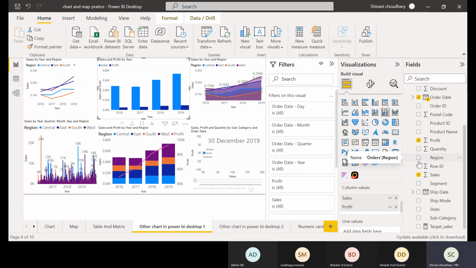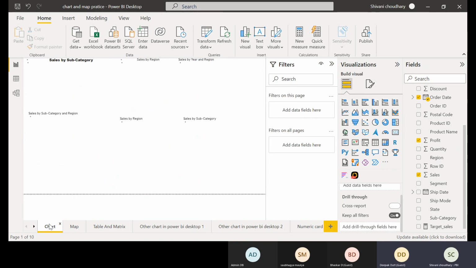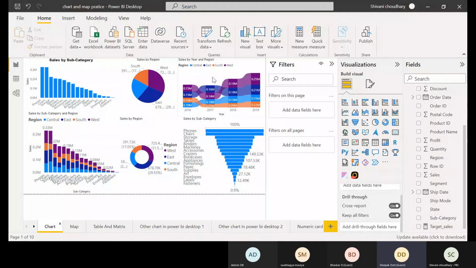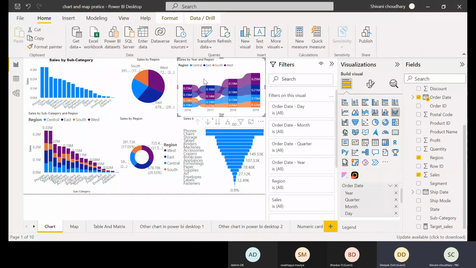Okay. What's the next chart is your ribbon chart. Have you used it in your reporting on any page? Just open that page. Okay, so this is the ribbon chart. It's also like your area chart, right? But it's in the form of a ribbon. It will show you